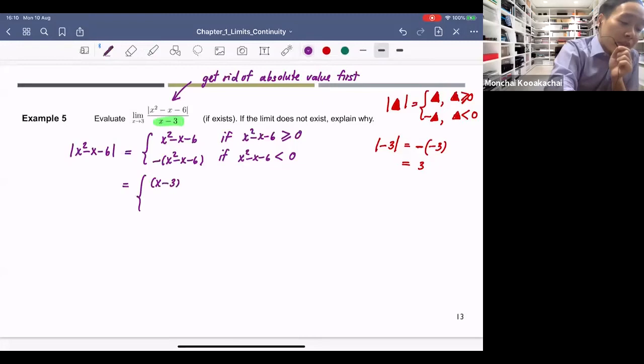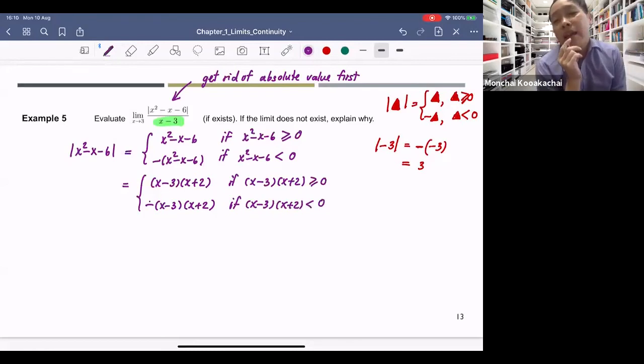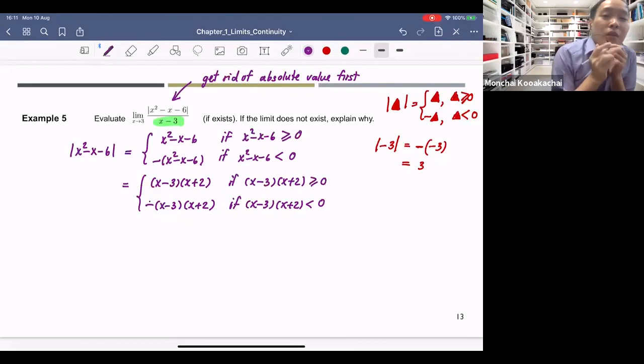So it's x minus 3 and x plus 2. Right? Because we can factor it. Why not? And then, if (x minus 3)(x plus 2) is greater than or equal to 0, or if (x minus 3)(x plus 2) is less than 0. And then what is the value of the limit now? So you have to look at